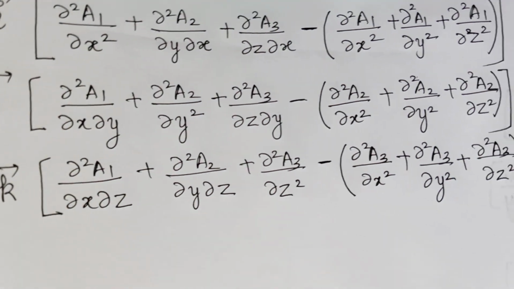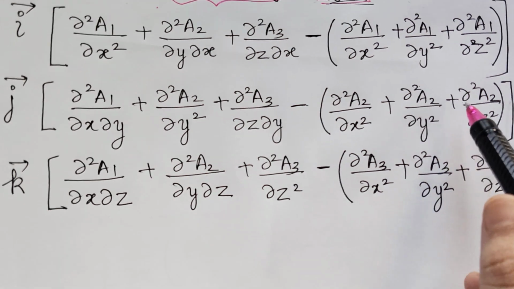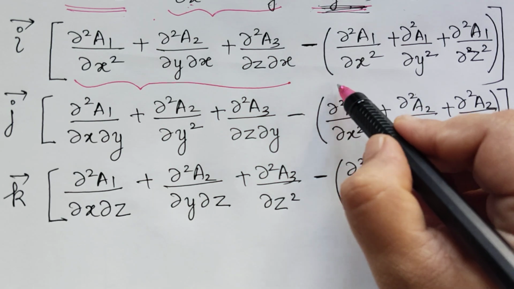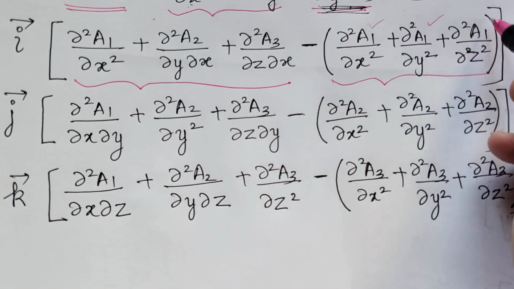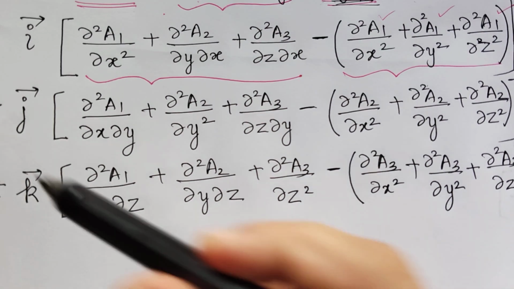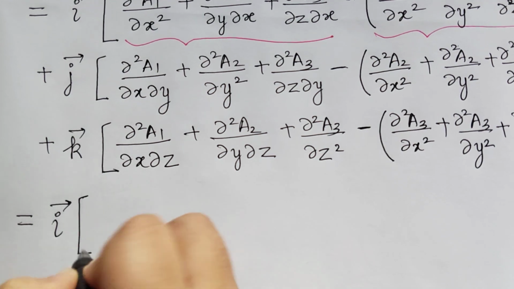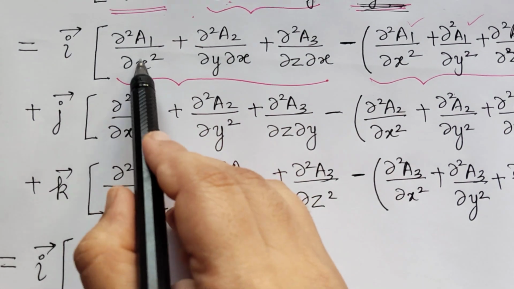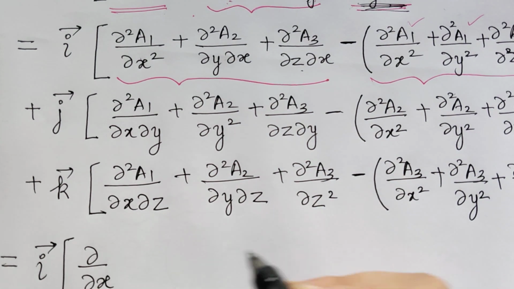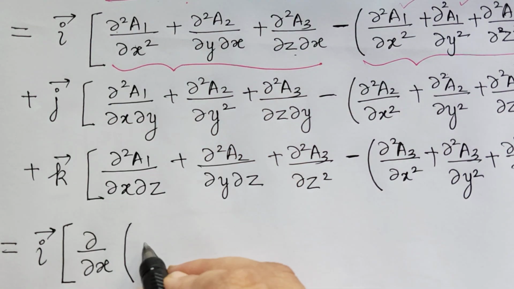Now we have obtained all the three terms and we have combined and we have written in this manner. Now if you see in the ith component, in these three terms, dou by dou x is in common. And in these three terms, a1 is in common. So we can take whatever is in common. So first I will write i vector. So you see here, this is equal to i vector multiplied with. So first in these three terms I am having dou by dou x in common. So I am writing that dou by dou x. So what will be left inside the bracket? So one of the dou by dou x has gone. So we will be having